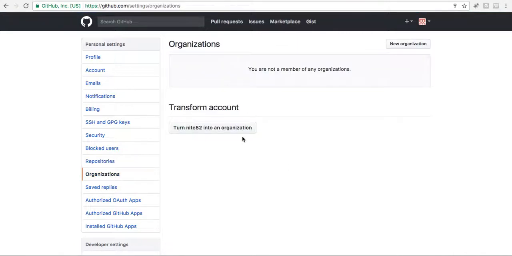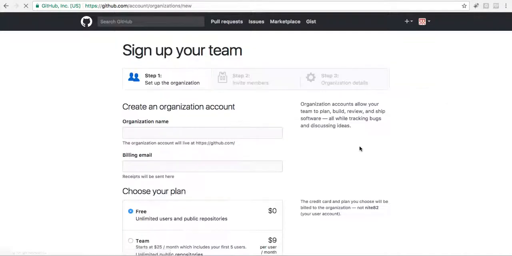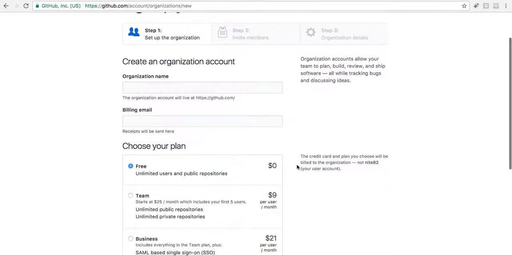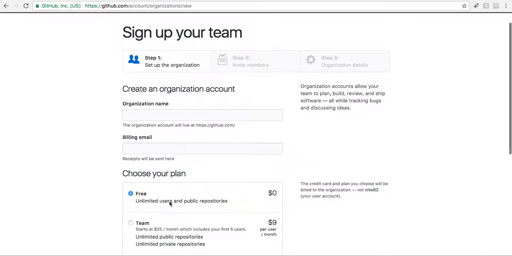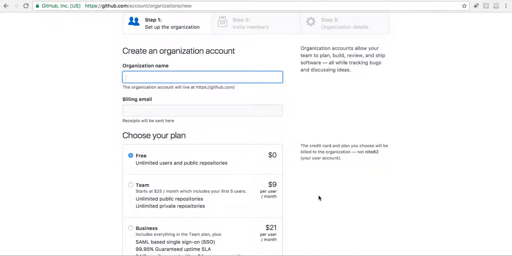Now you can even turn the current account into an organization, but I am going to create a new organization. By creating a new organization, you get the facility of creating repositories under that organization. Of course, if you are not paying, all the organizations and the users and the public repositories are public. So in case you want the organization to be private, then you need to pay